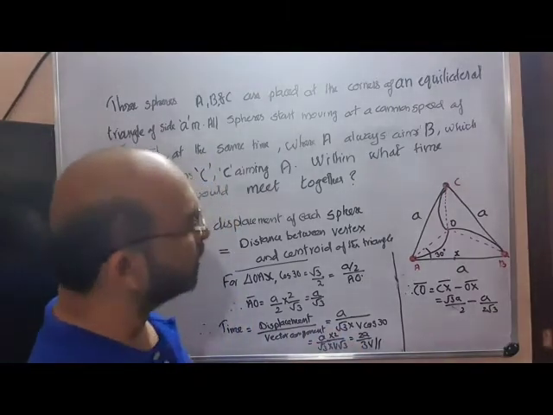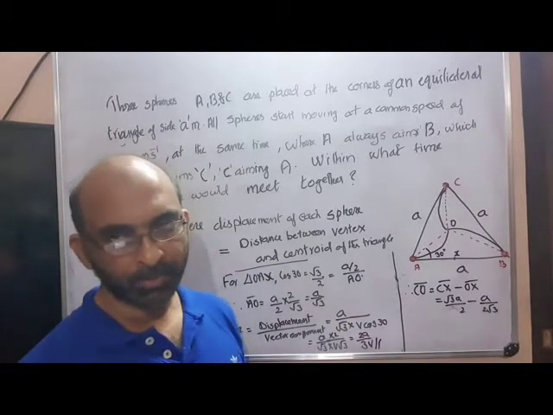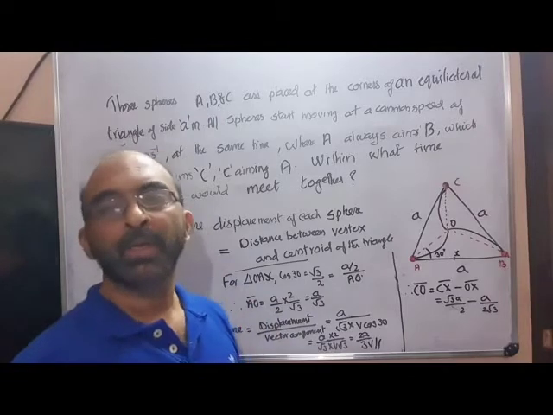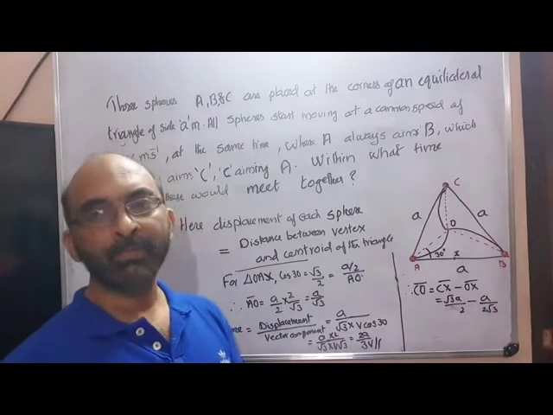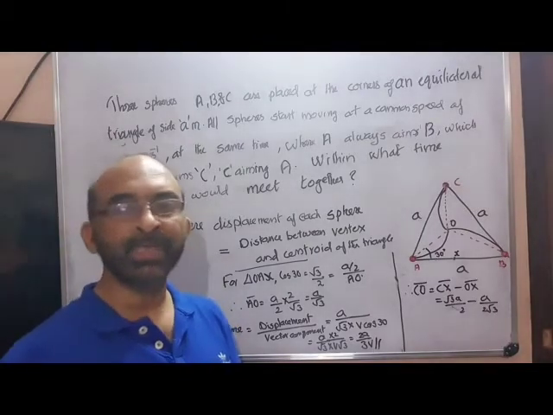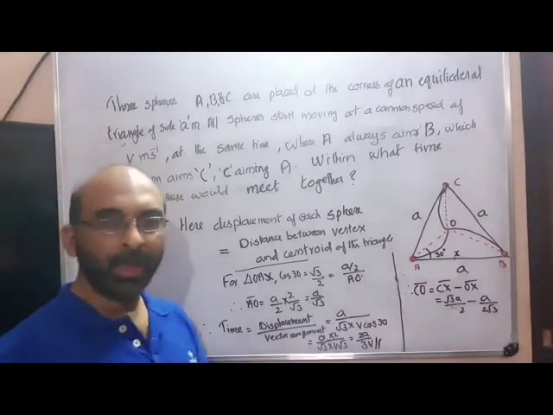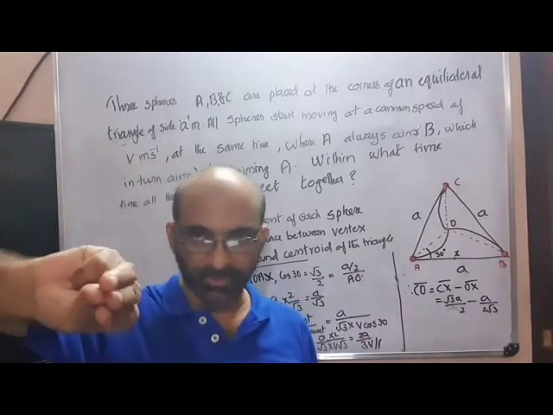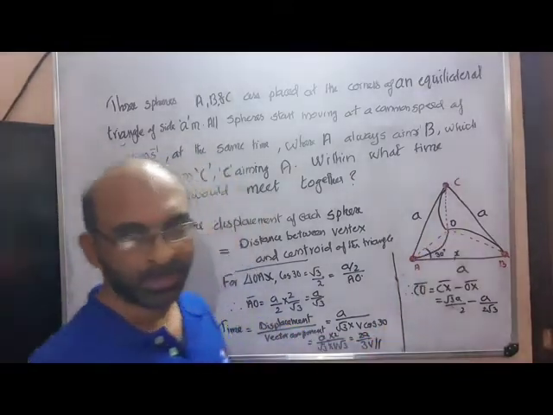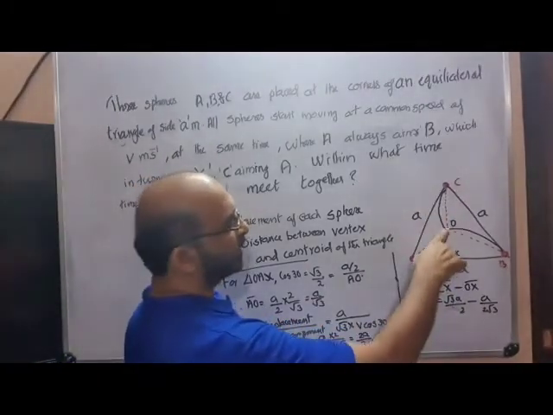And their velocities are V. Here in the previous problem we used definite values, here we use the symbols only. Now the same question, at what time would they all meet? Here it didn't mention where to meet. See, the same thing happened here also. They move in such a way that they meet at the centroid of the equilateral triangle. Okay. This is the centroid.